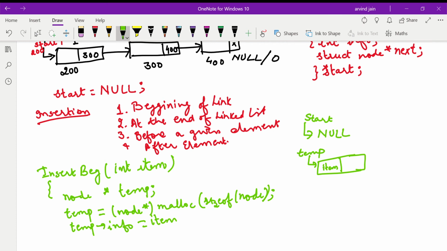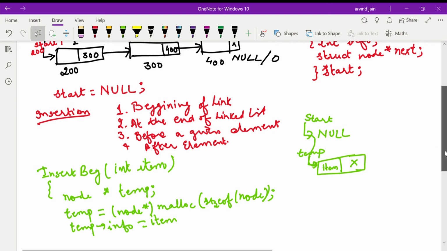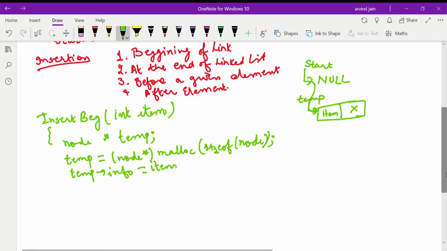When your list is empty, you will simply say temp next is null and the start pointer is pointing to this node. For doing this, first we check if start is equal to null, that means you check whether your list is empty.